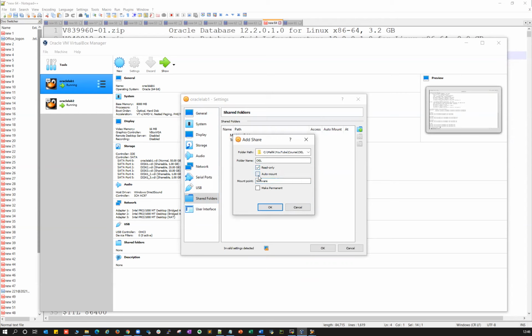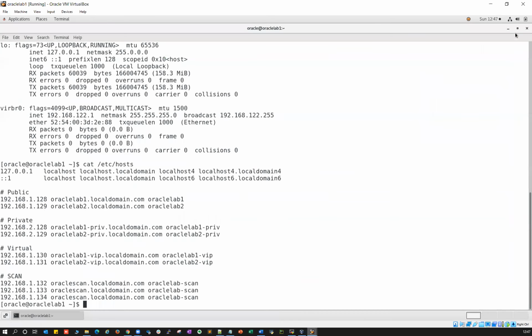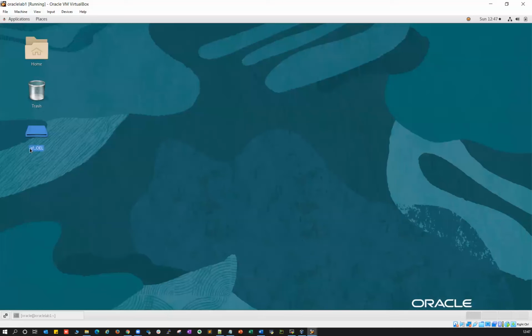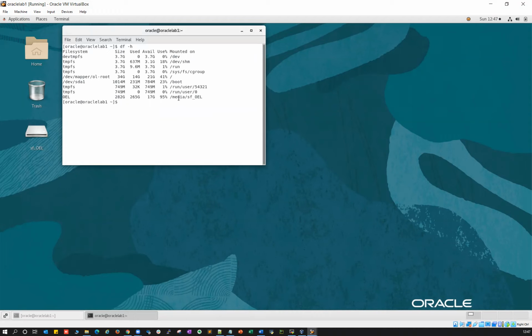Then I'll choose read-only and auto-mount, mount it here, and click OK. The moment you do it, you go back here on node one, and you'll get this particular sf_ folder. If I take a terminal and run df -h, you can see it under /media. So you got this one.